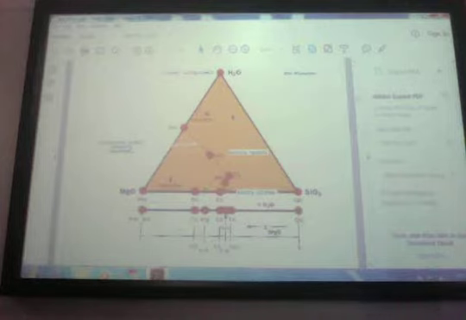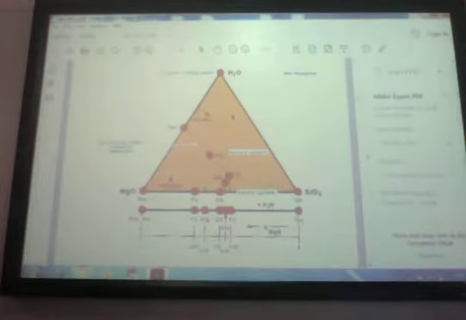How will you do this? That you are doing via cracks. So the whole oceanic crust has cracks. If you are just checking this picture,